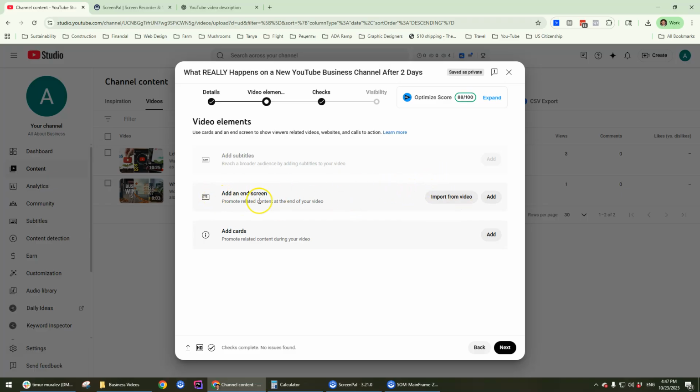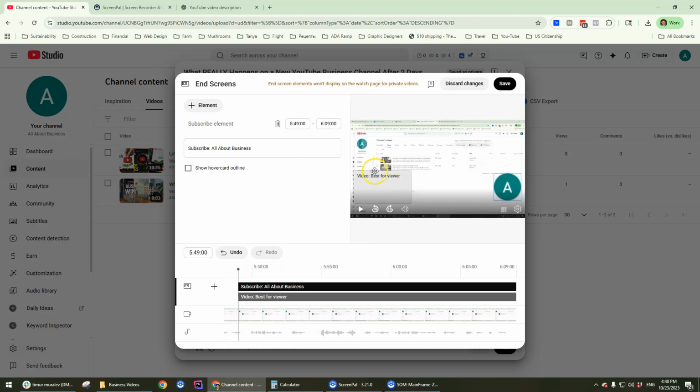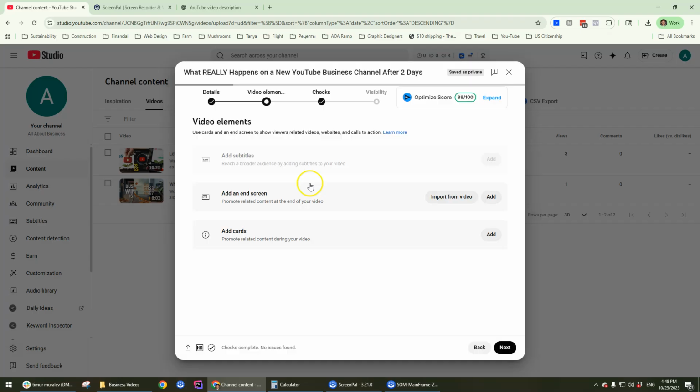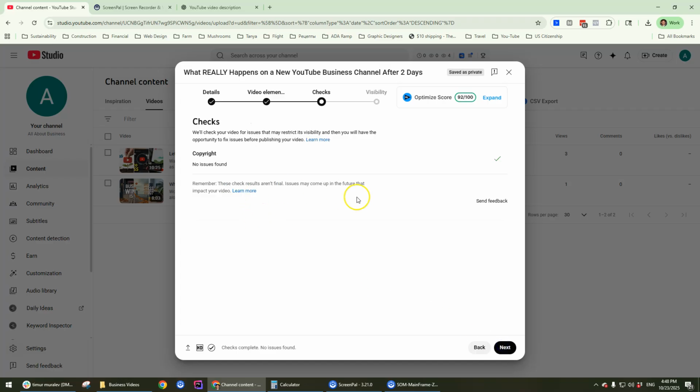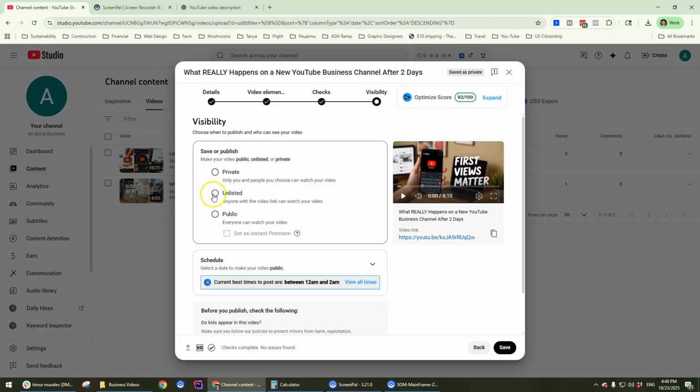So we're going to add an end screen. That's important. I'm going to click add, and then one video and one subscribe. So YouTube will actually choose the best video that's more applicable to the user watching the video. Usually that works pretty well. Then visibility, that's fine. Copyright, no issues, fine. Of course, we're not using any music. And then we're going to